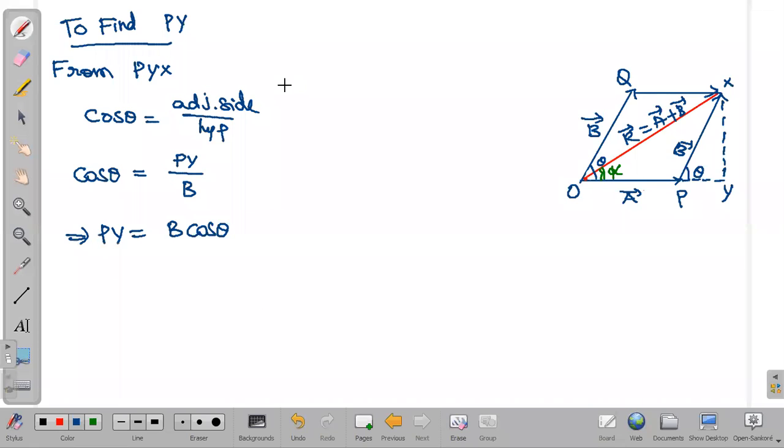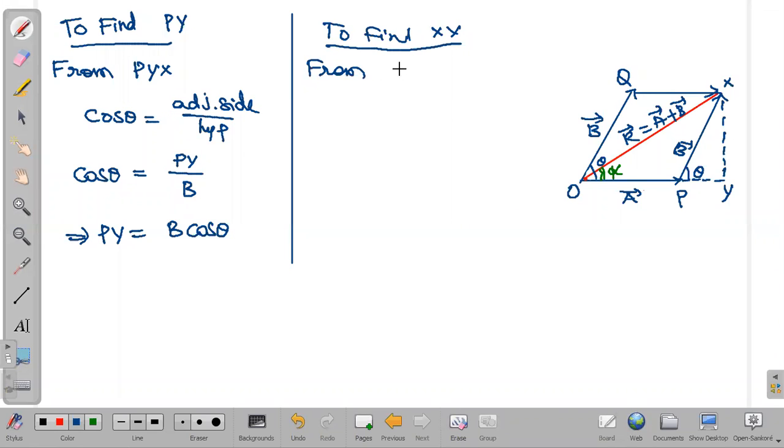Next, I will try to find the other one, XY. XY also I will take from the same triangle. We found PY. Now, to find XY, which triangle am I taking? From the same triangle, from triangle